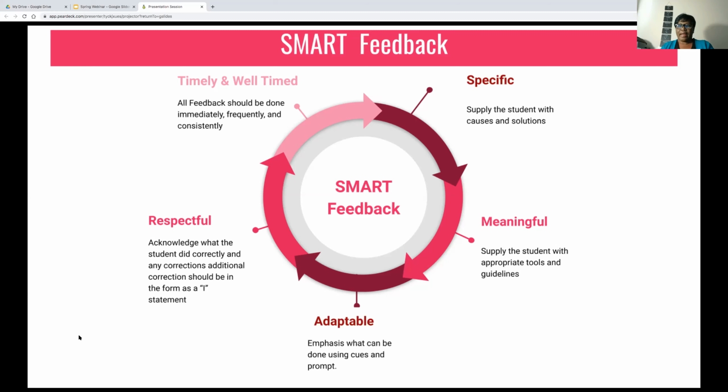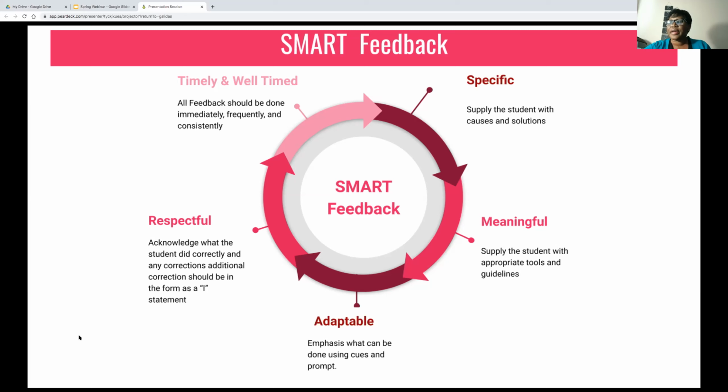You have to be very careful because you cannot see most of these students in a virtual classroom, as some of these districts don't have policies to have the students keep their cameras on. So you have to be very careful when you give feedback to the students. The students are under a lot of pressure to perform well. Therefore, even the most carefully worded suggestions can sound like an attack to them. The good news is that there is a way we can do this, which is using smart feedback. We want to be specific.